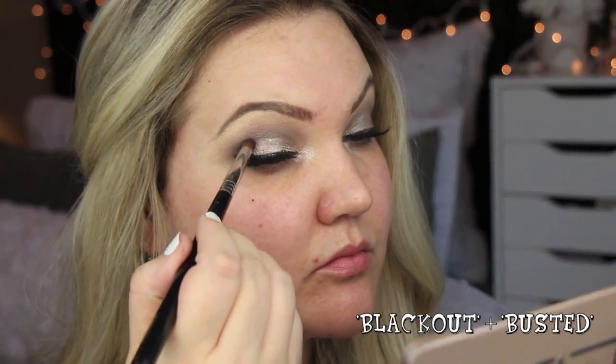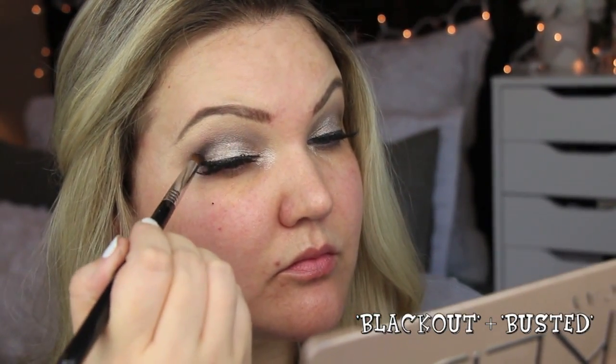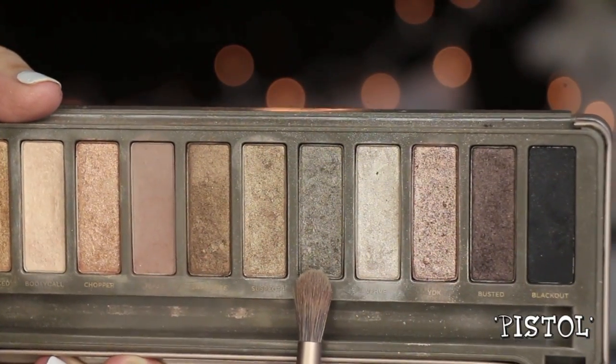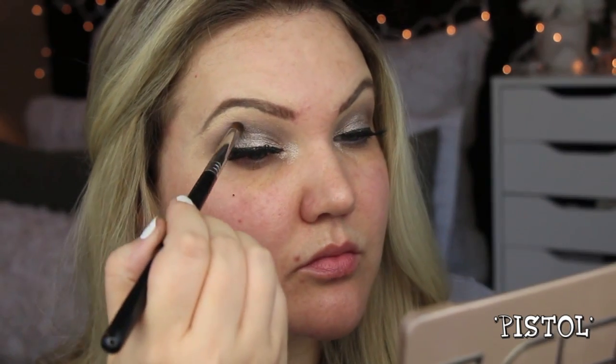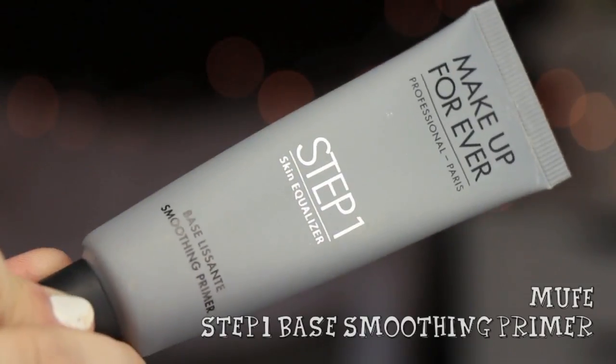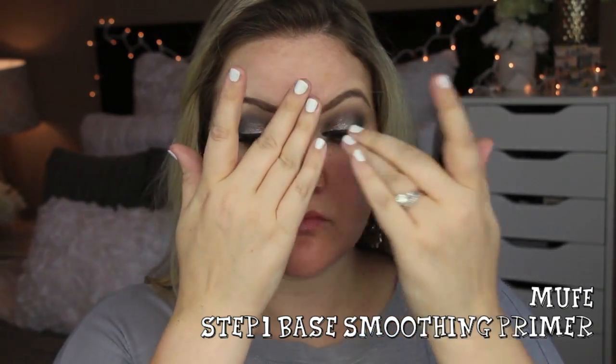Then for my outer corner, I'm deepening it up a little bit with Busted and Blackout. I'm just mixing those two together. It's the black. And then I'm putting a little bit of this color Pistol, which is a really nice metallic-y type of gray color. For my face, I'm priming it with the base smoothing primer